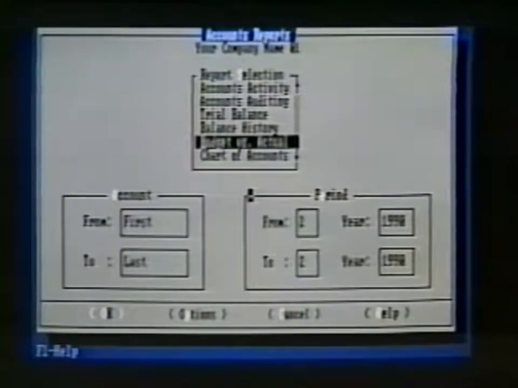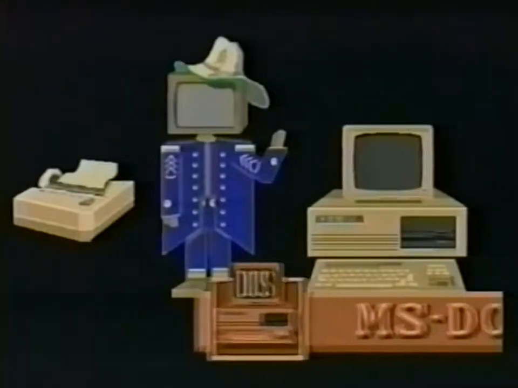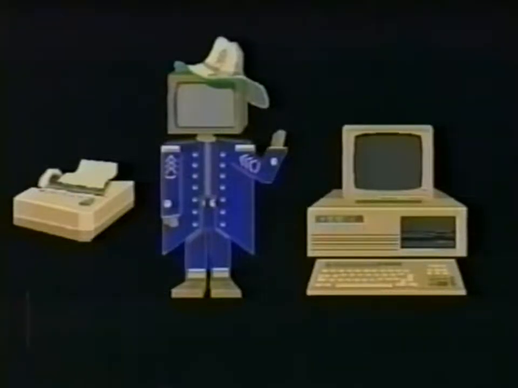For example, maybe we want to print a budget from Pacioli 2000. As quickly as we issue the print command in Pacioli 2000, MS-DOS takes over. MS-DOS helps Pacioli 2000 find the budget on our disk. Then, MS-DOS tells the printer to get ready. Finally, MS-DOS routes the output from the budget to the printer. Of course, all we see is our budget being printed beautifully. To summarize, MS-DOS is a specialized bit of software that helps control the internal workings of a computer.